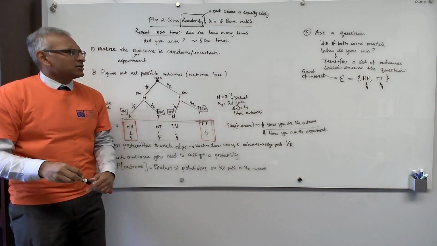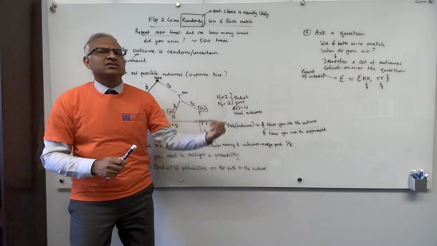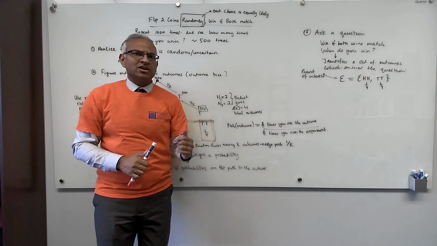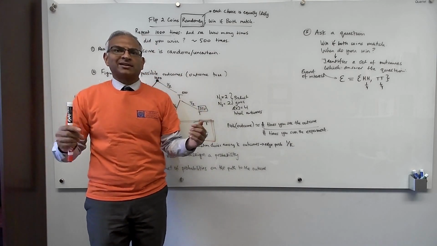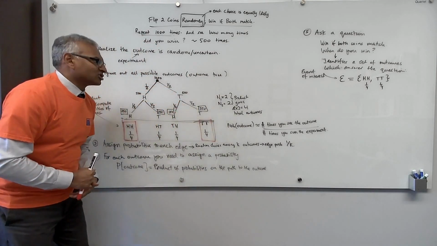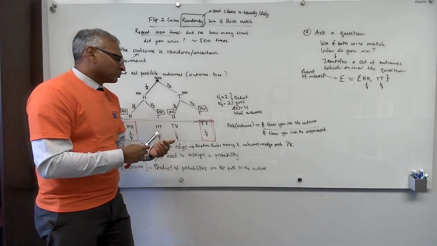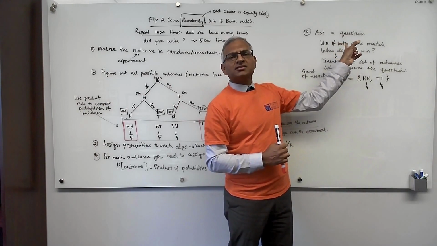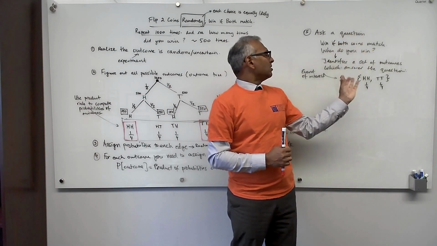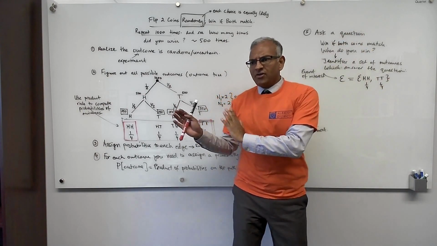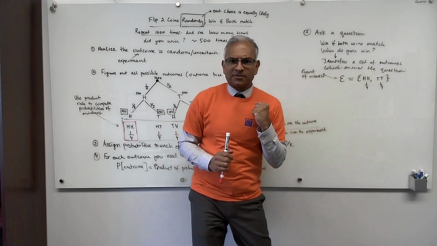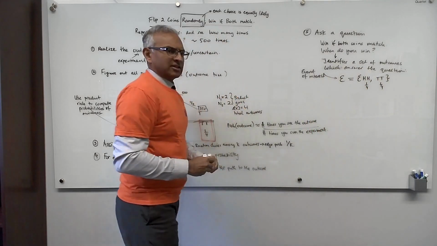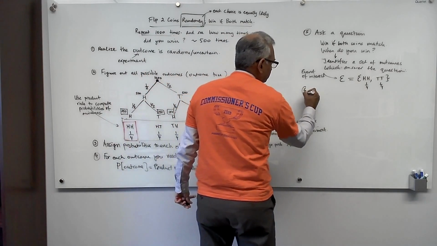In step 5, we could have equally said, instead of ask a question, which then leads us to the event of interest, we could have just said abstractly, identify the event of interest. But it's more intuitive to approach this from what's the question I'd like to have answered, and for that question, what is the subset of outcomes that answer it? We have identified that here, and then step 6,